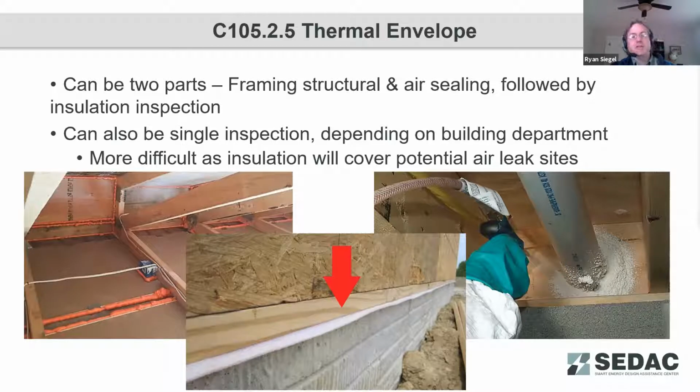Insulation commonly hides or covers over air sealing details, which makes those much more difficult to observe without removing the insulation from the cavities. And if you're missing some air sealing details, it's a whole lot easier to remedy that before the insulation is installed than after the fact. So once you have your framing in place and all your exterior penetrations are made,